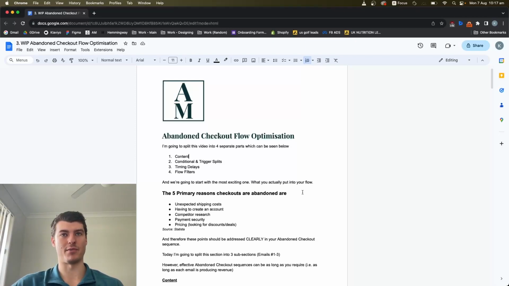So 5 primary reasons you can see here: unexpected shipping costs, having to create an account, competitor research, payment security, and then pricing, as in looking for discounts or deals. So because of that, we want to make sure that these points are clearly addressed in our abandoned checkout sequences. And then also from a CRO perspective, you want to have that optimized on your site to make sure that